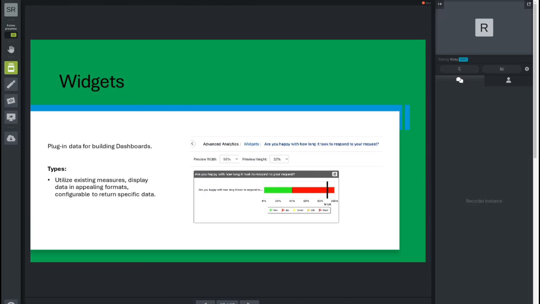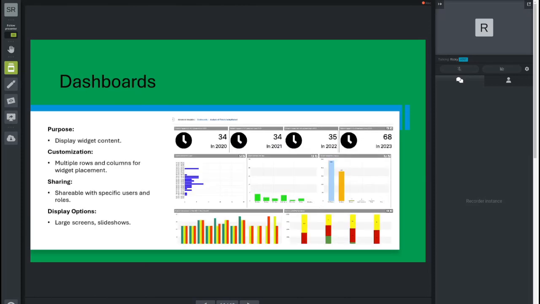It's also possible, though, to configure widgets to source live data from the database. So again, this is where you can use SQL to actually pull out meaningful data, similar to what you've done today, but for widgets. You can even link to other web resources and push them into iframes or divs, which enables you to integrate with other systems and have them side by side with Hornbill in a nice dashboard view. And of course, dashboards is the tool that really allows you to display all this information